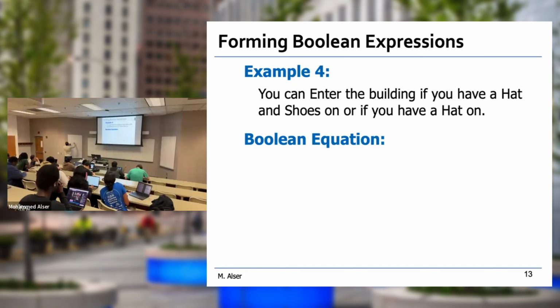If, so there is a condition over here. If you have a hat and the shoes, then H equal 1 and the shoes on, or if you have a hat on, then or